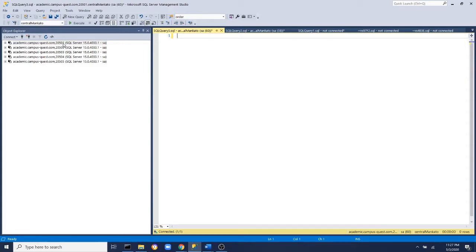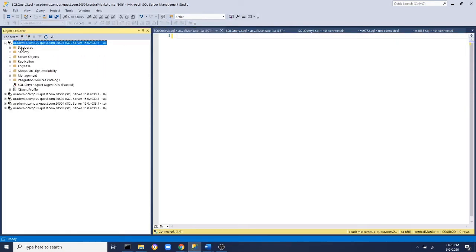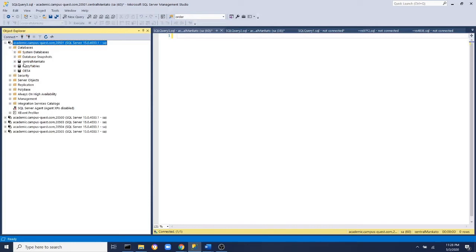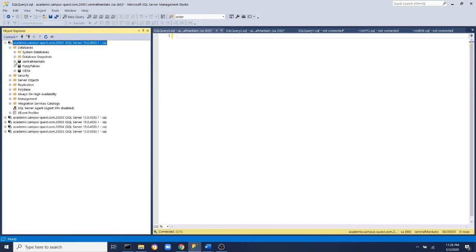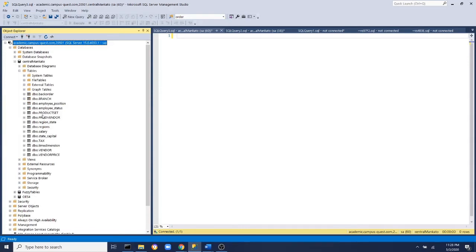You can see there are 5 servers: 20501, 20500, 503, 504, and 505. Server 20501 has 3 databases: central, Mankato, fuzzy table, and OS4. The OS4 database is vertically and horizontally fragmented and replicated to the other servers and also to the central Mankato database. You can see it has all these tables now, but we replicated the tables into here,